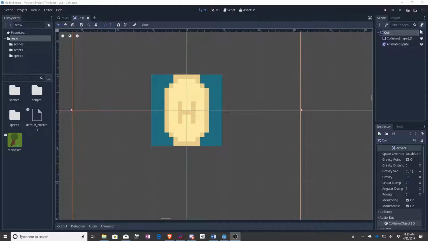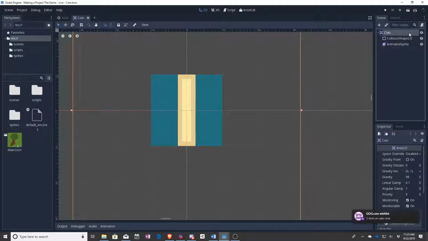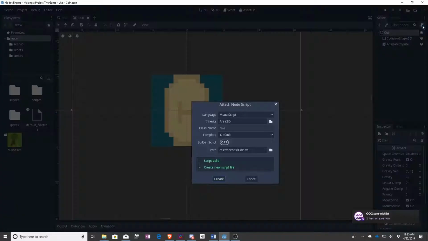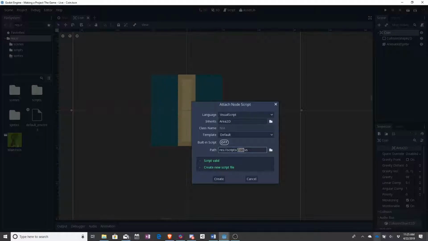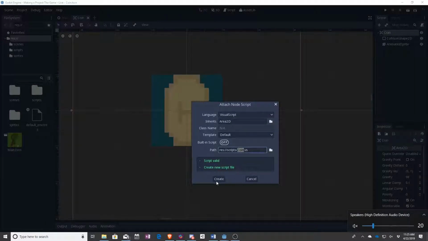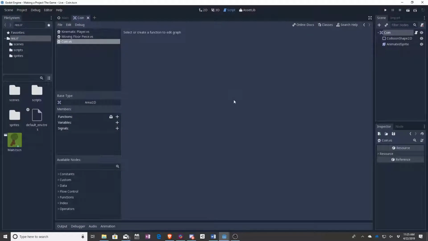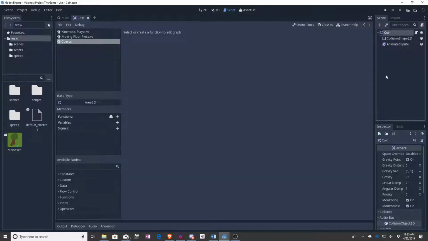So as always, to make the code, we need to make sure to have coin clicked, and then press the new script button. Create a visual script. Make sure that the visual script is in the right scripts folder with everything else, and save. Create the new script, and now we're going to have some fun with a new feature called Signals. So you can see there's something called Signals over here on the left. We're actually going to be using our coin's area 2D,